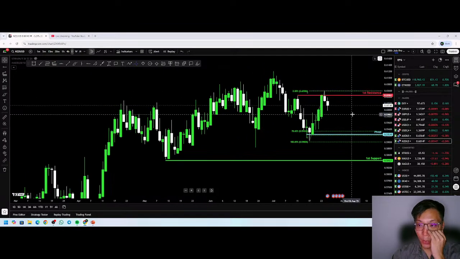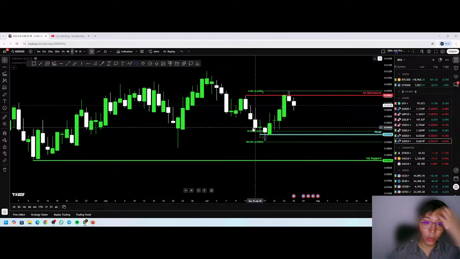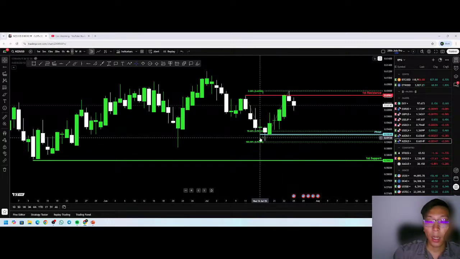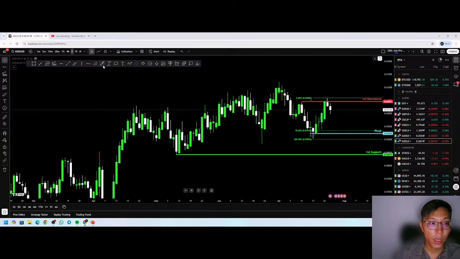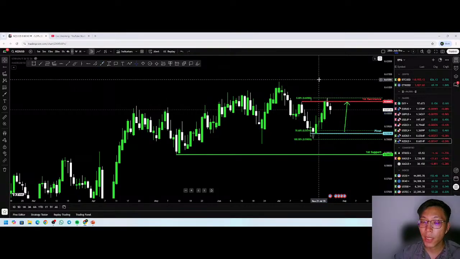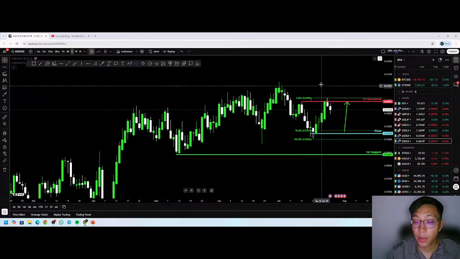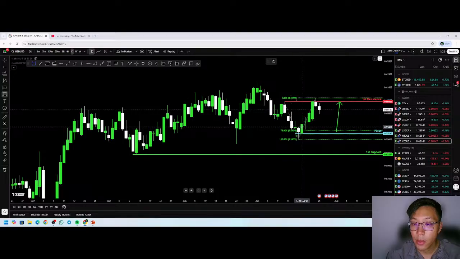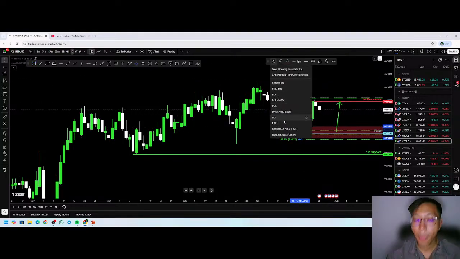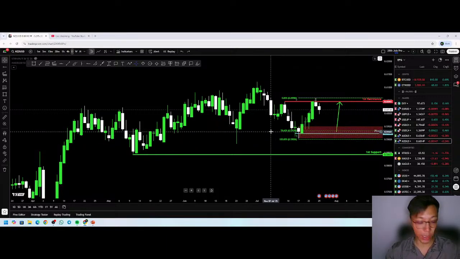Okay, so if we are looking right here, same thing, very similar to AUD USD, right? NZD USD, we have the 78.6% Fibo retracement level, which aligns with the 100% Fibo projection level at our pivot point. So this is another buy trade, right? If you guys realize, AUD USD aligns very nicely with NZD USD most of the time. And if you look right here, this is a very nice demand zone area. Okay, so this could be a nice buy opportunity as well.